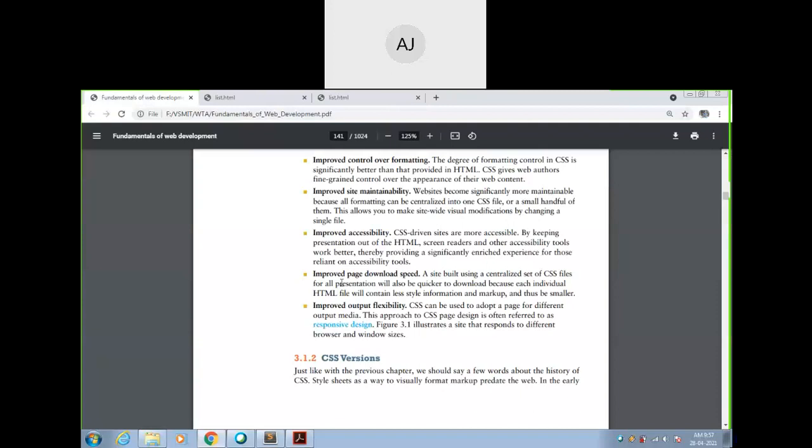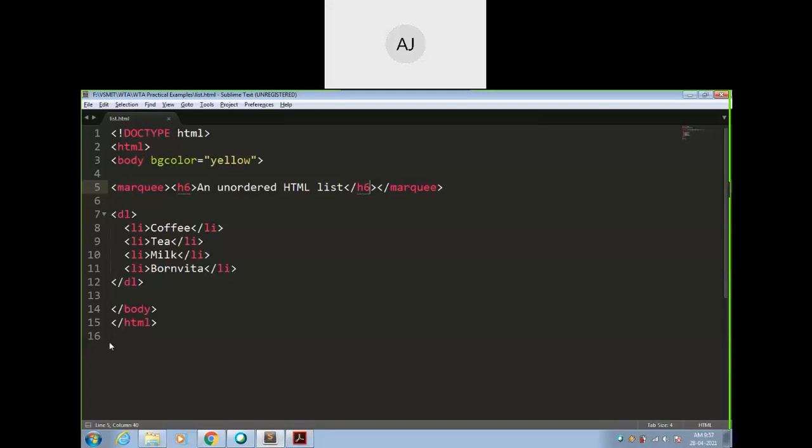Okay, and next one, improved page download speed. As of now your page will be very lightweight. For example, if in your HTML page there are only some 5 to 15 lines of code, the rest of the code will be present in one of the CSS files. So that CSS file will be in another file, and it will again have 15 lines. So that 15 and this 15, total it will be 30 lines of code. Whenever you want to download, only this particular HTML code will be downloaded, not the CSS. So by making use of this linking of the CSS files, downloading speed will be more. That is one of the other advantages.